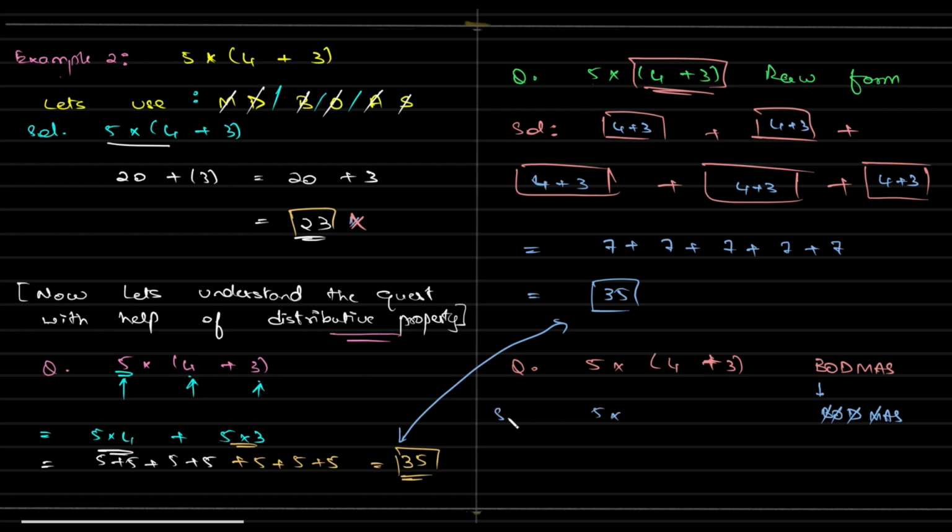So we have 7. There's no subtraction. So overall bracket got done. So we have 5 into 7. No operation, no division, multiplication is there. 35. No addition, no subtraction. So answer is 35. So BODMAS at the end of it will give us the right answer, and this is the right way to go about